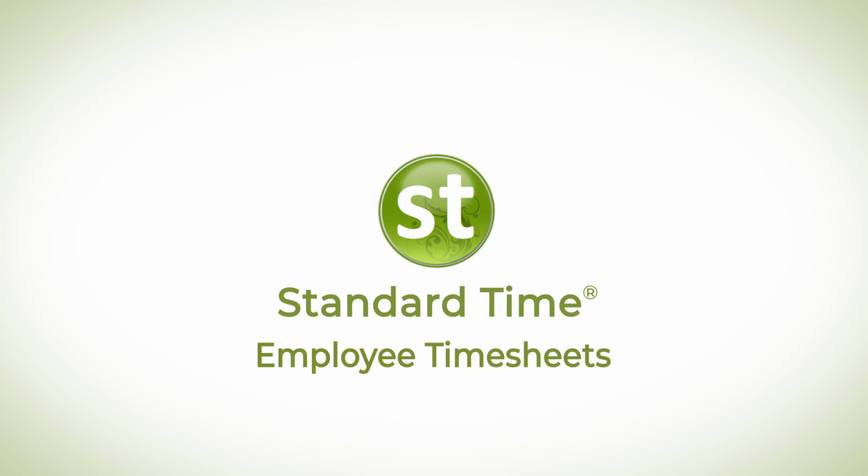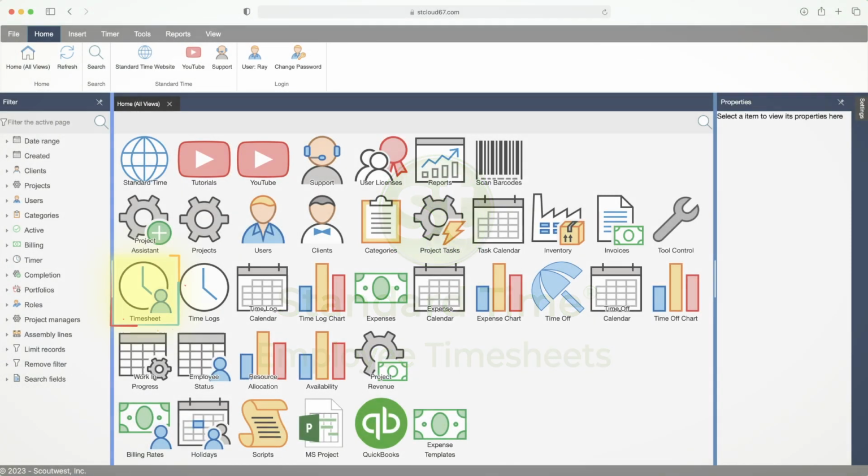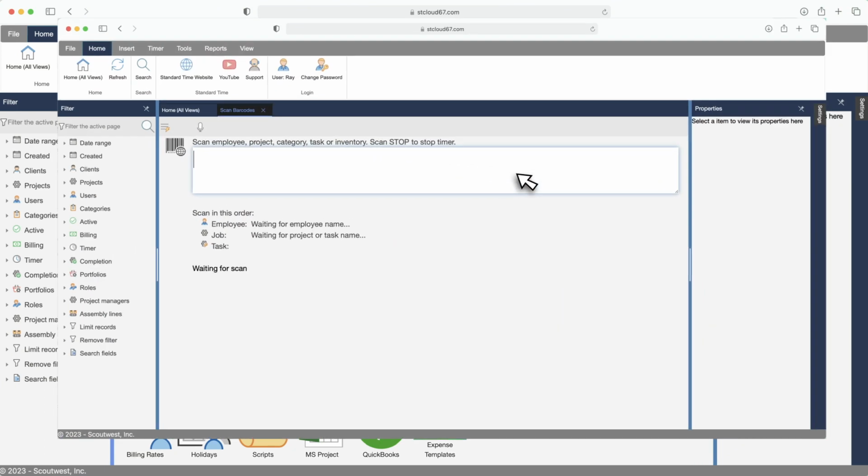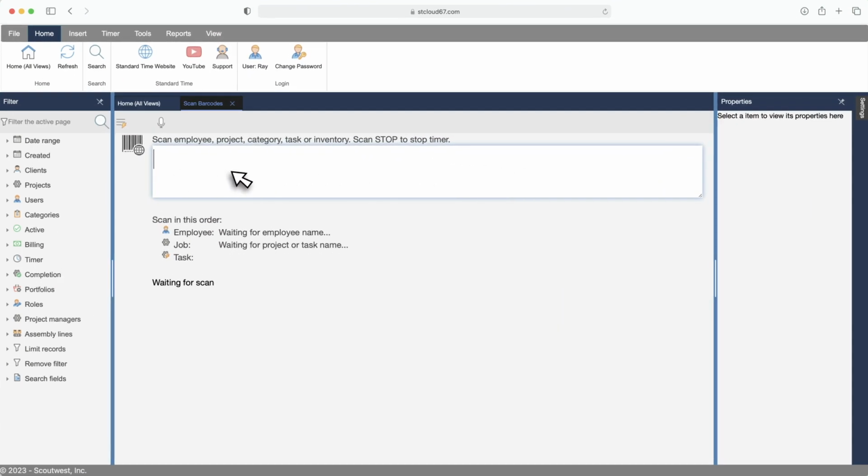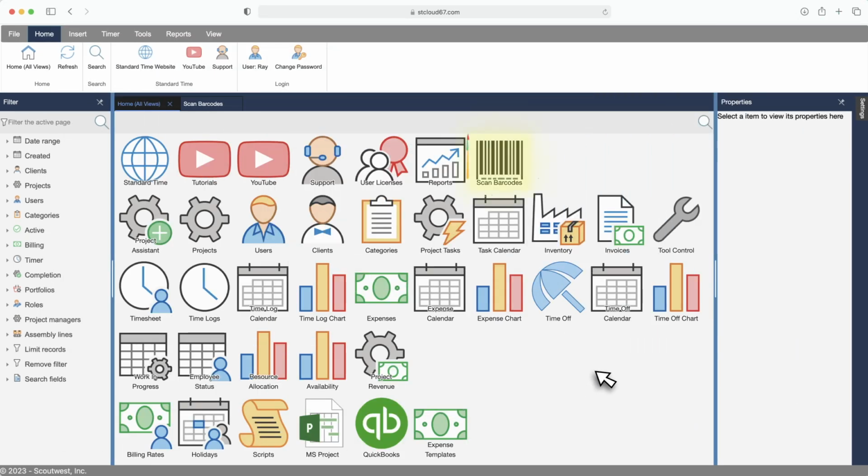Did you know that Standard Time has an employee timesheet page? If you're using Standard Time for manufacturing data collection and analysis, you may not have even realized that or even seen it. That's because some manufacturers use barcodes and time logs almost exclusively. But as it turns out, the employee timesheet is a close relation to the time log page you may already